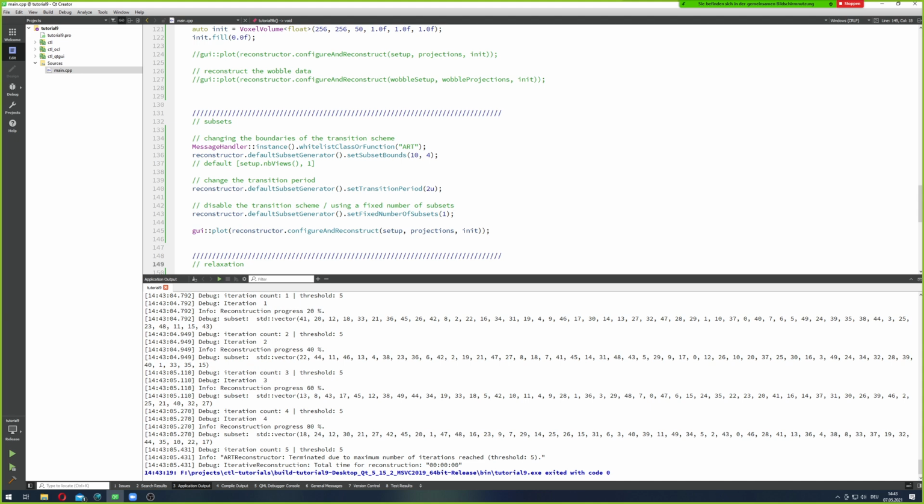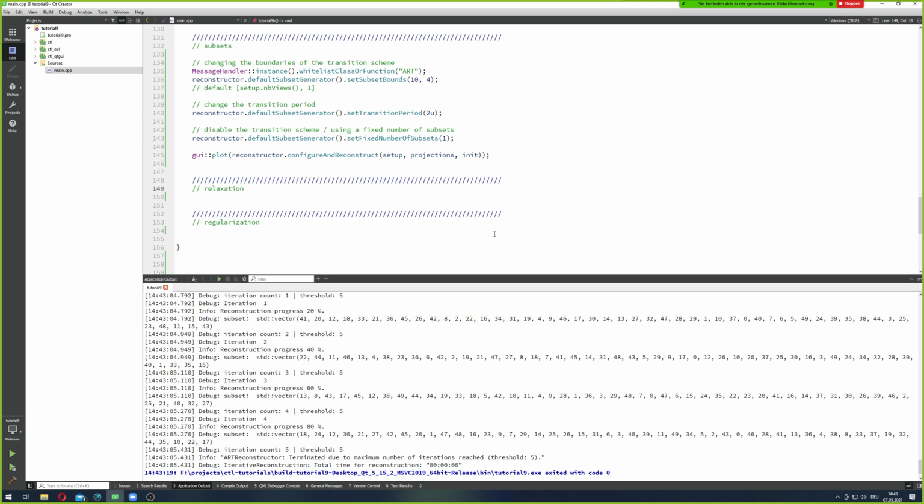Okay, so there's an additional aspect going on in iterative reconstructions, and this is a so-called relaxation, which determines how much of the difference between the current estimate of the projections, so the forward projection of our current volume estimation, and its difference to the actual measured data, gets back projected and applied to our volume estimate in order to make it a better estimation. And this is typically quite difficult to fine-tune precisely, because making the relaxation too low means you require a lot of iterations to reach fully converged results. And if you put it too high, then you end up in a diverging scenario where you will never reach